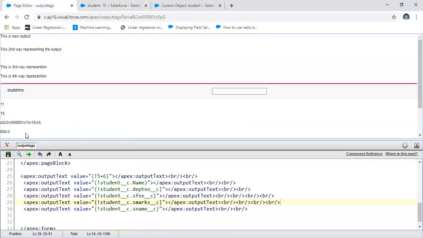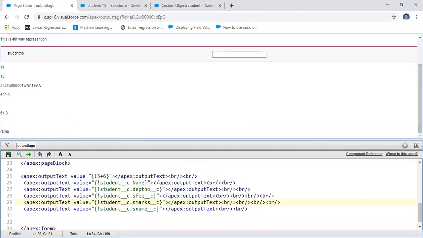Here it displays all the student related information, 600. After 600, it has some related information like student name, student number, student ID. It is displaying all the student related information.